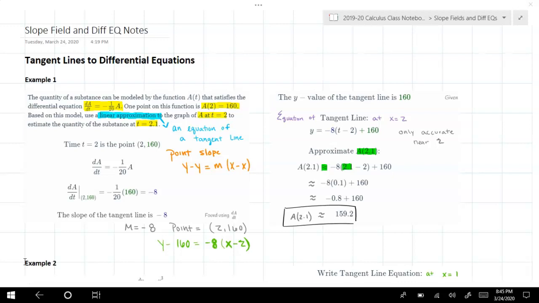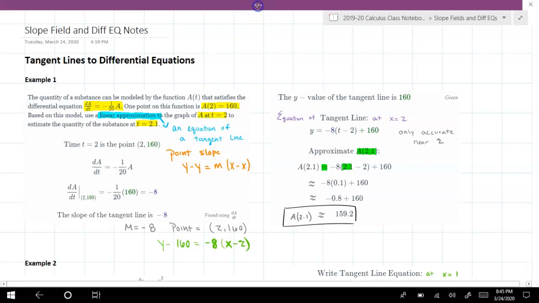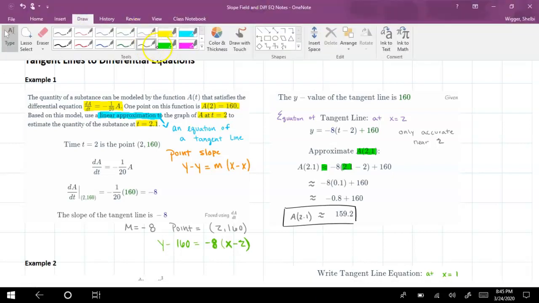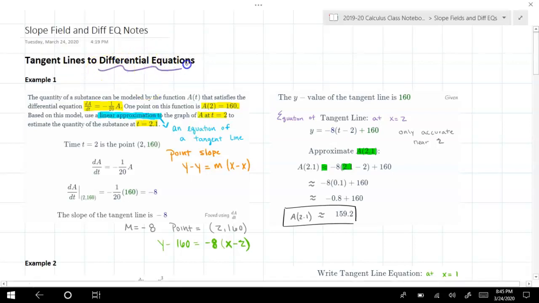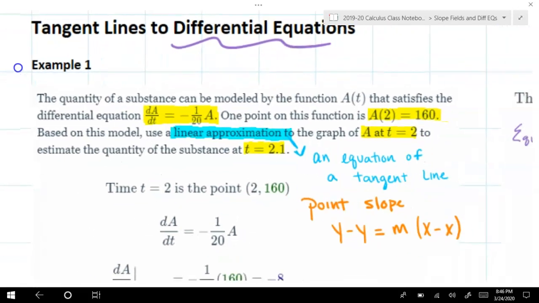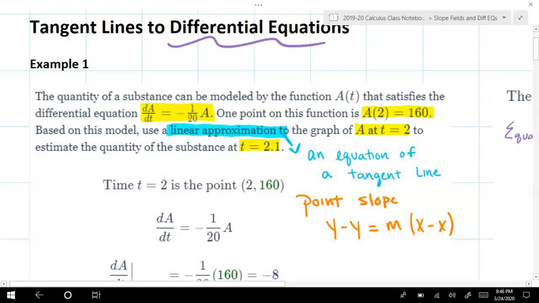Well, we know what tangent lines are. They're lines that go through one point on a curve. So a differential equation seems like a brand new word. It may be something we don't know yet, but we do. Looking at this example, the quantity of a substance can be modeled by the function A of